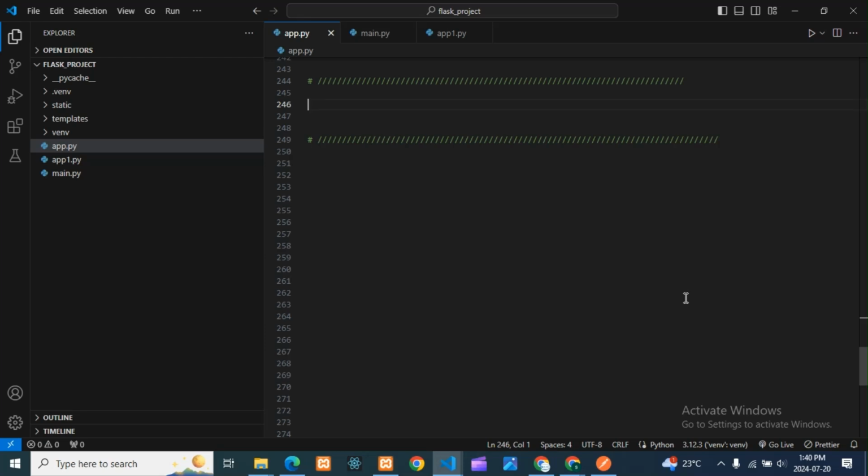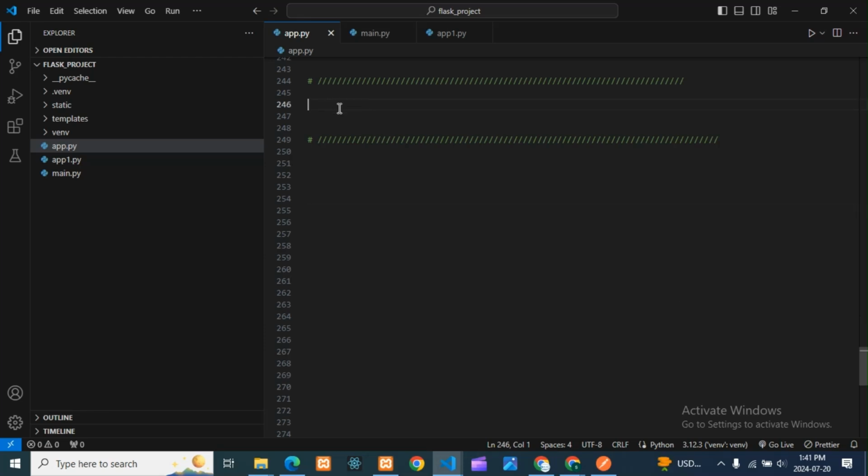Means real-time data from our database. It's not a free database, it's a third party database. This is our database, guys, where we will see how we can store and how we can get the data from the database. First we'll see how we can get the data from the database. Before that we will do the coding and the connection with the database, everything we will do. Okay, so let's start, guys.